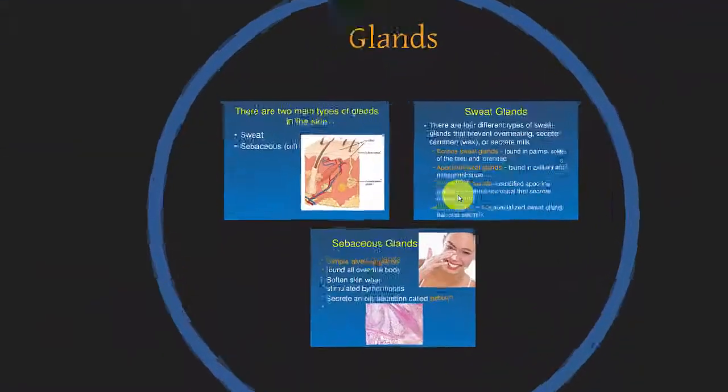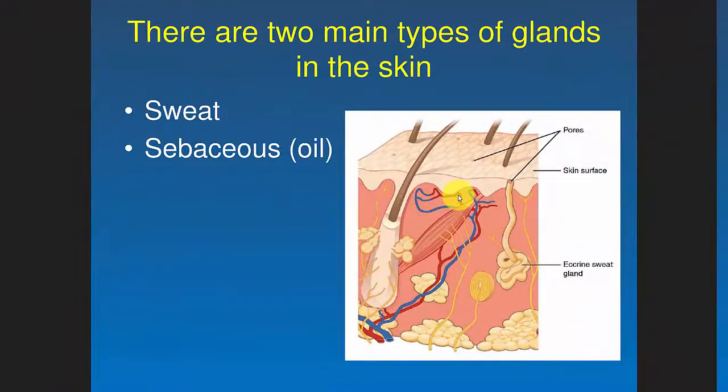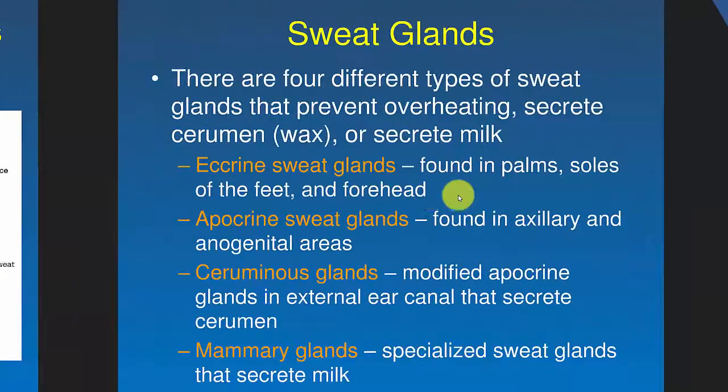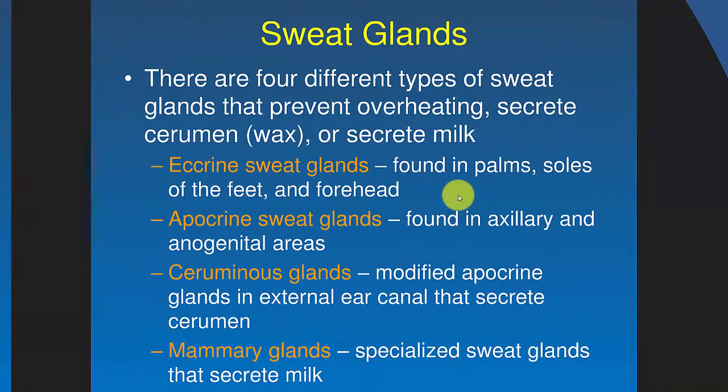So glands, 2 different types of glands. The main 2 types of glands are sweat and sebaceous, or oil. We do have 2 different types of sweat gland. We have eccrine glands, which are found in the palms, soles of the feet, and the forehead. And then we have apocrine glands, which are found in the axillary area, so armpits, and anogenital areas, so pubic